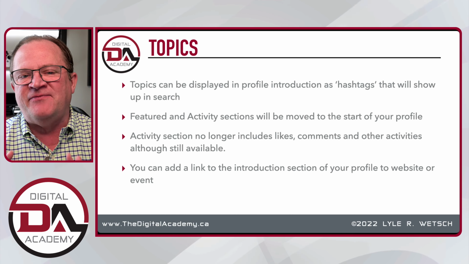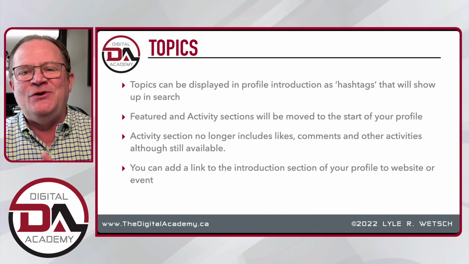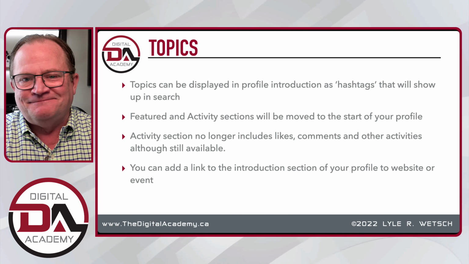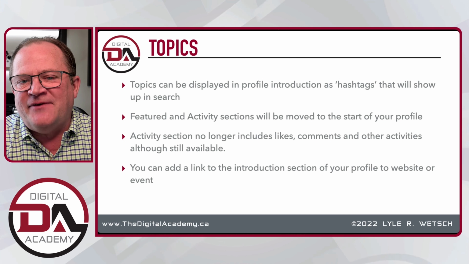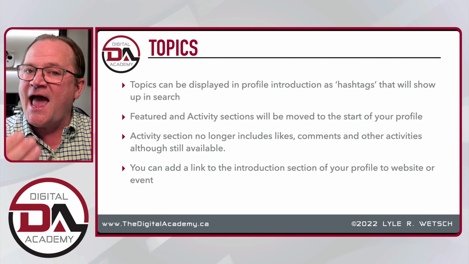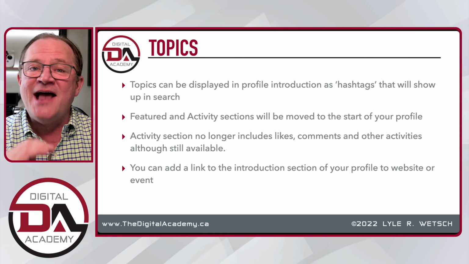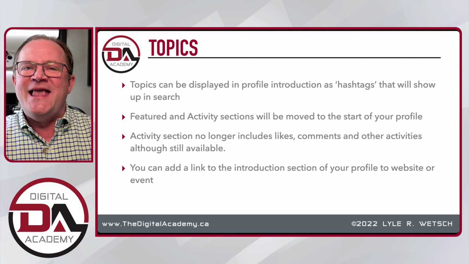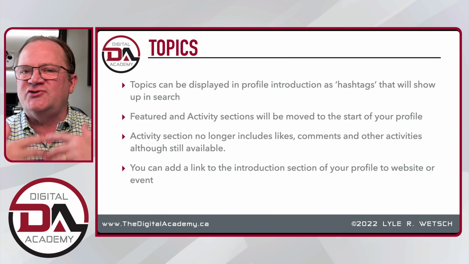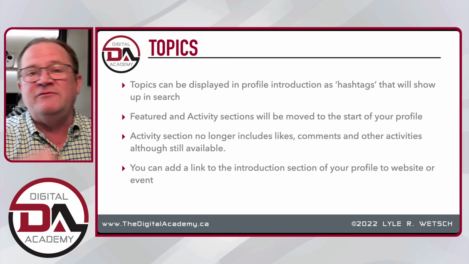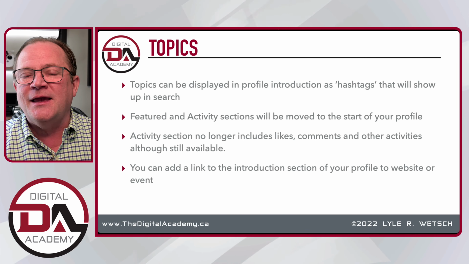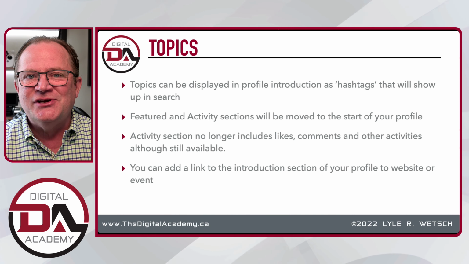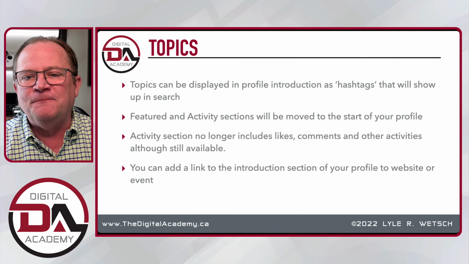You can actually list 5 topics that your main commentary, your main discussion, the themes, if you will, are going to be identified in your profile introduction through different hashtags. Now, these hashtags are also going to be key search results. So if you are a content creator and you're sharing live stream content or recorded video content on a particular topic, people can find that content through regular search, and then they can choose to follow you.